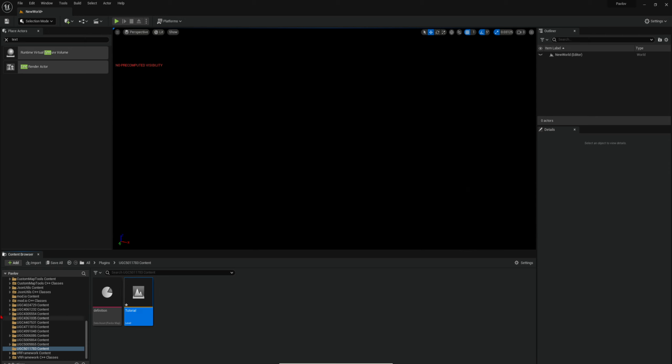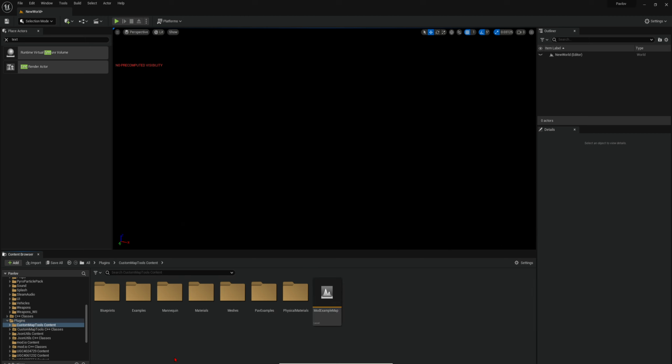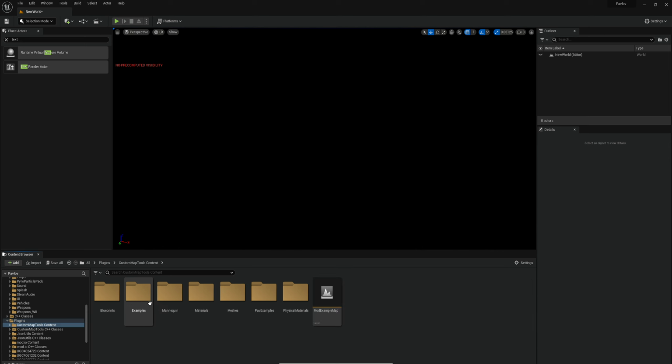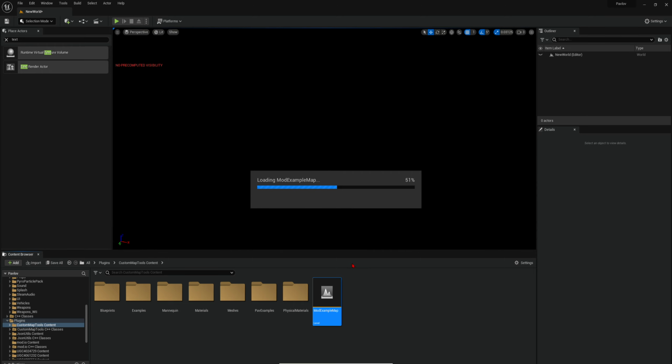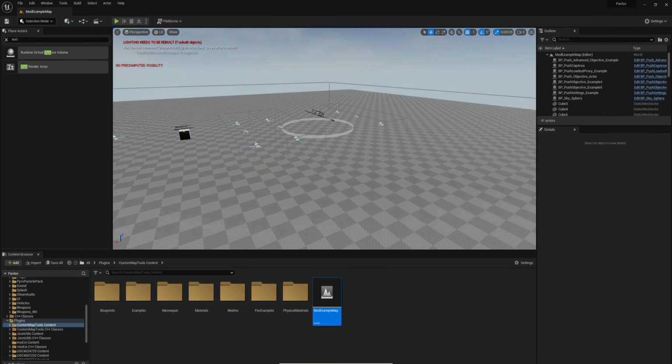Once you have this, you want to go to plugins, then custom map tools content, and then mod example map. So I pressed plugins, custom map tools content, double clicked that, opened mod example map, and saved. You probably won't have that save selected, but okay. So once you're here,